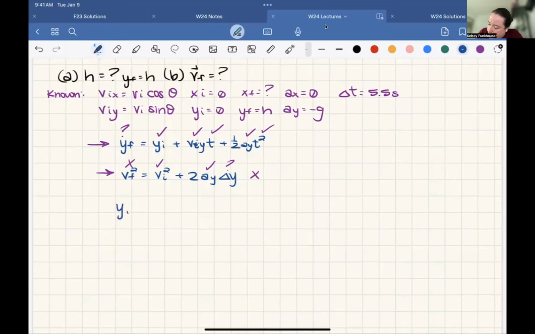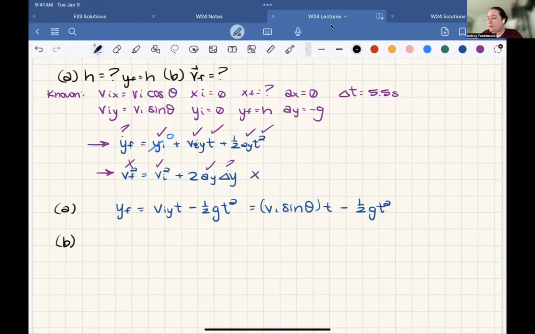Y final, and I said y initial equals 0, so we can ignore that. And then we have the initial velocity in y times the time interval minus 1/2 g t squared. So the initial velocity times sine theta times the time, minus 1/2 g t squared. I'm not going to solve it from there. You can plug in the numbers, or you already did because this was your practice assignment. But that is the equation you need for part A, and then part B,